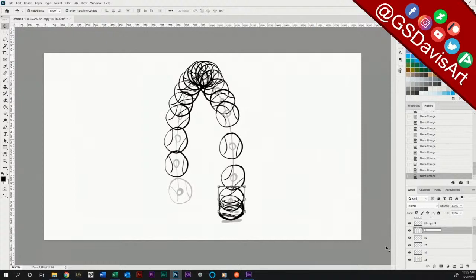Sometimes you have to double click it to just select all of it, and sometimes you have to double click it to